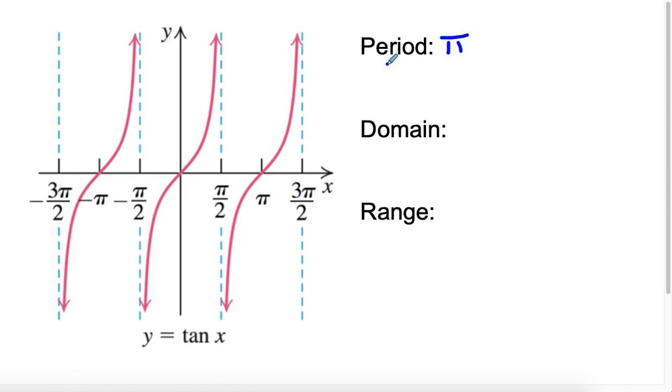Now, I'm going to make a note that the normal period that we're going to look at goes from negative pi over 2 to pi over 2. And that's going to be important when we start looking at graphing shifts of tangent. The domain, whenever we're including a bunch of asymptotes like this, is kind of tricky to write in mathematical notation. So I'm just going to write it out as all real numbers